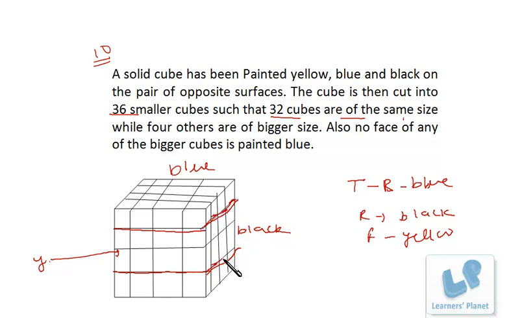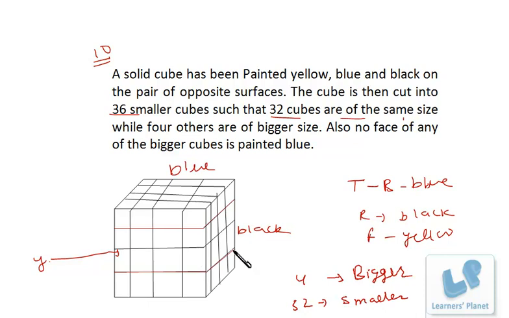The diagram is not so neat, but I'm sure you are able to understand. Okay, this is 2 by 2 by 2 the back side. This is also 2 by 2 by 2 the back side, and similarly 2 pieces are there on the back side. Okay, so this is the structure. Remaining these pieces are of 1 by 1 size. Okay, now precisely we are having 4 bigger cubes and 32 smaller, right? Now let's take questions one by one.